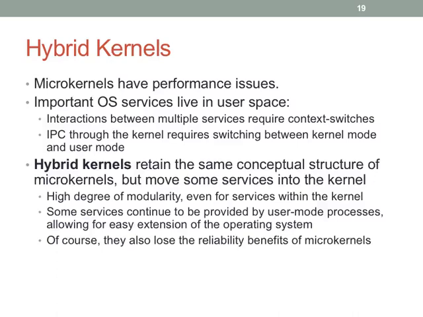So hybrid kernels have the same idea, except they allow some of these services to be moved back into the kernel. And so this is a really interesting thing. You move these services, well, now you're sort of reducing the reliability of your kernel, but you're also improving the performance. So you'll notice that hybrid kernels and modular kernels seem really similar, except that the difference is that modular kernels require that kernel module to be in kernel mode, and hybrid kernels allow that module to be in user mode instead. So that's the distinction between the two. Okay? We got that?